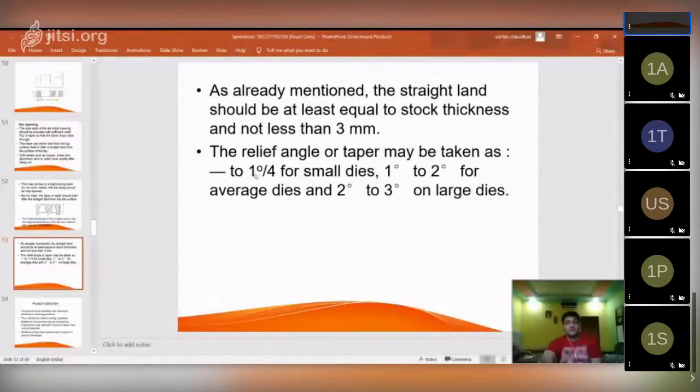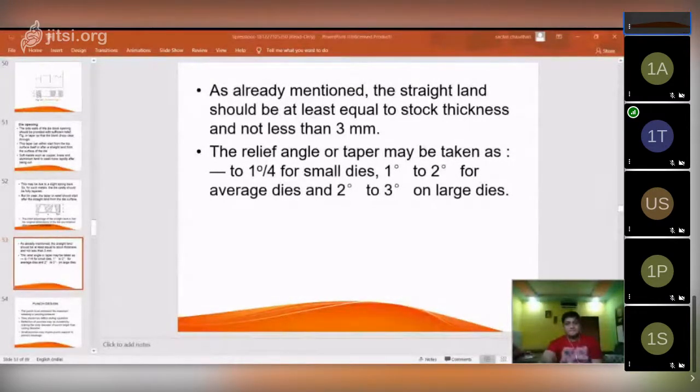So this much angle should be provided for smaller dies, 1 to 2 degrees for average dies, and for larger dies 2 to 3 degrees is provided. So these are the relief angles according to the size of dies. Okay, and this relief is provided only for the clear dropout of your cut part through the die block.